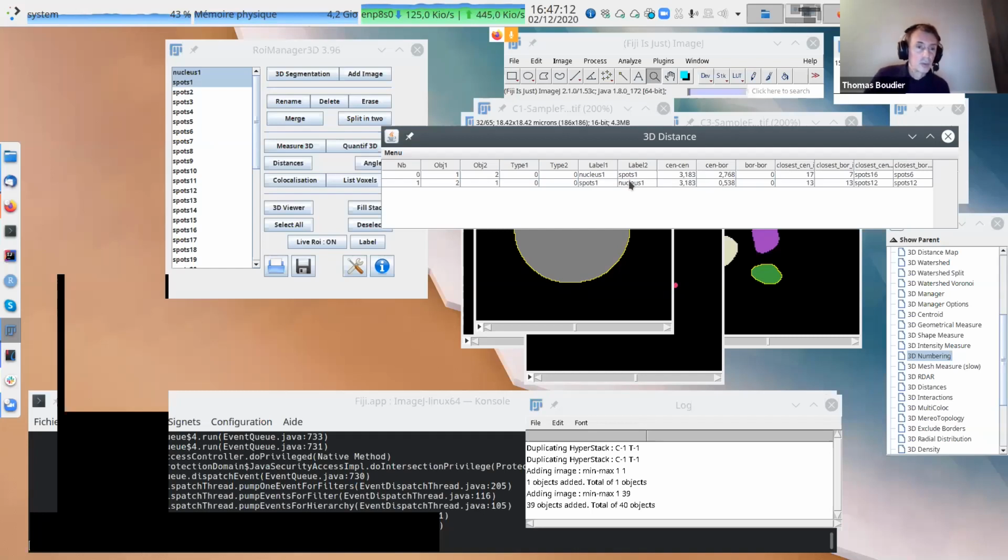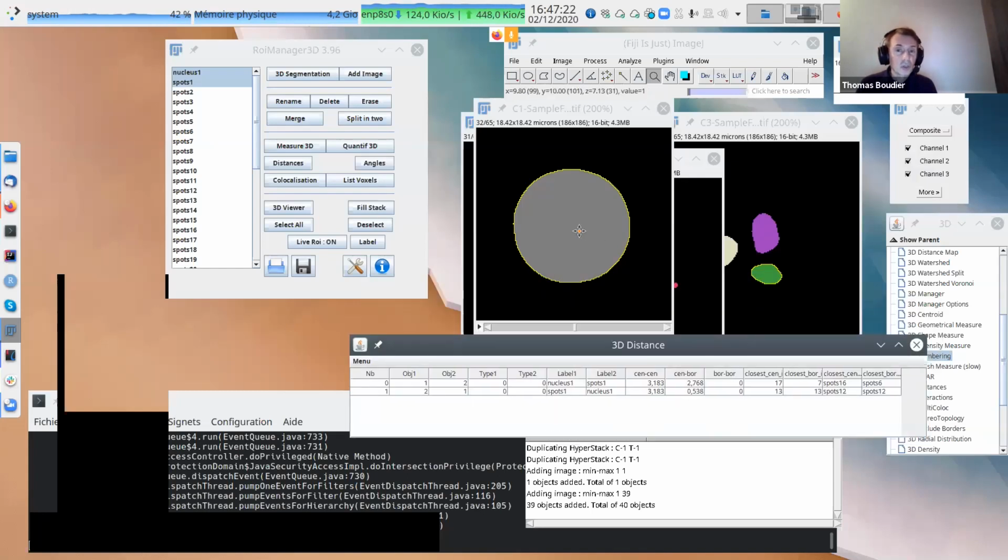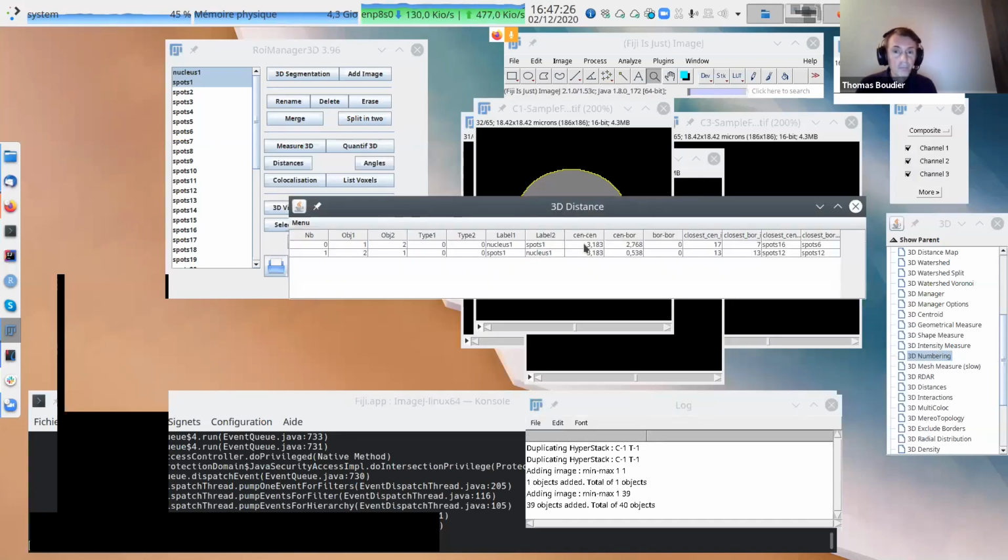We will see how it is. The first one is the center distance between nucleus 1 and spot 1, center to center: the center of the nucleus to the center of the spot. So 3 micrometers, I guess. This one is the center of the nucleus to the border of the spot.